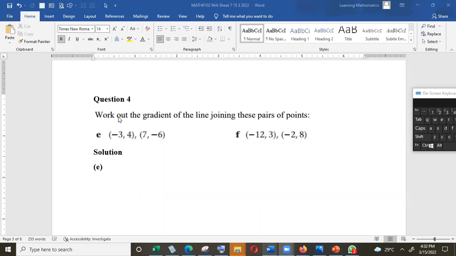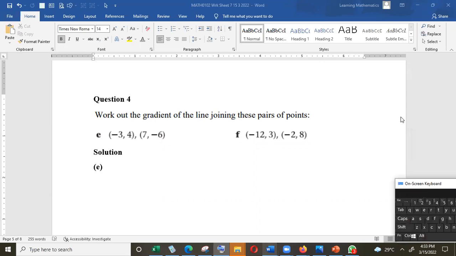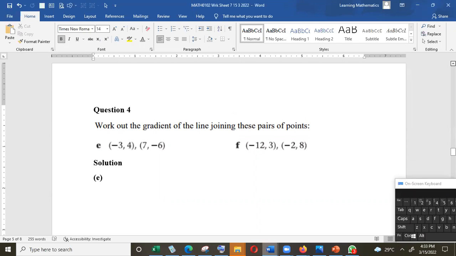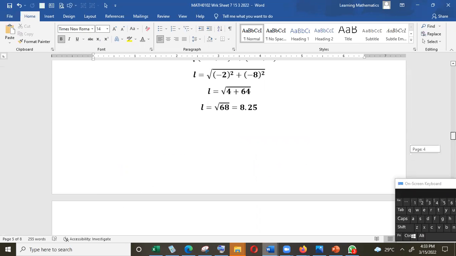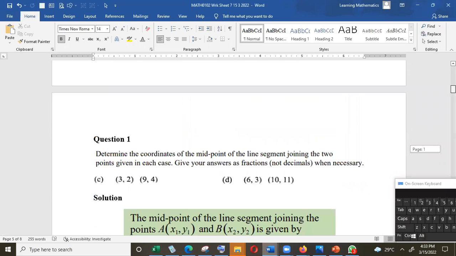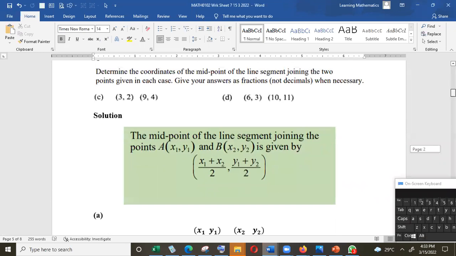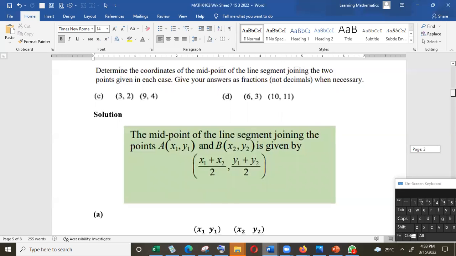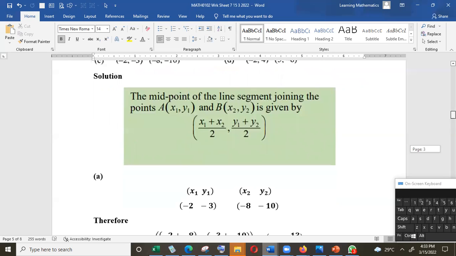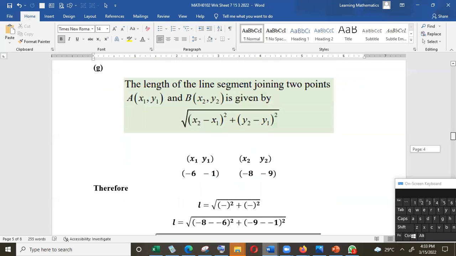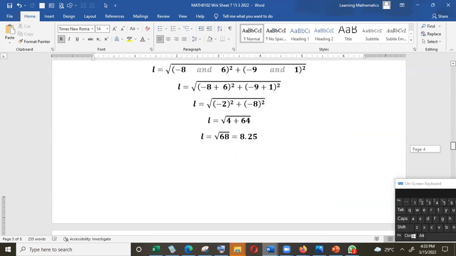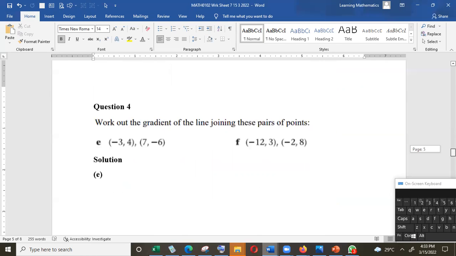Question number 4, it says work out the gradient of the line joining these pairs of points. Gradient, the word gradient is a very, very important word. Let's take a little recall. Midpoint: the midpoint gives you the point that is in the middle of the line. The length gives you how long the line is. But the gradient now